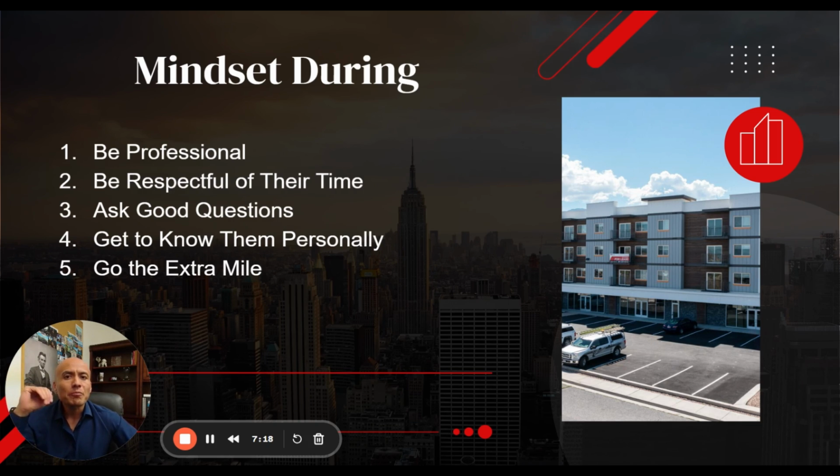Same thing with calls. Even when you call them the very first time, you want to be friendly, but you want to get right to the point. You want to talk to them about what they're interested in. They're busy. They're developing projects. They might have multiple projects. They have, I don't know, half a dozen or a couple dozen people working for them, on one project or multiple projects. They have all sorts of things they're trying to coordinate and get right.